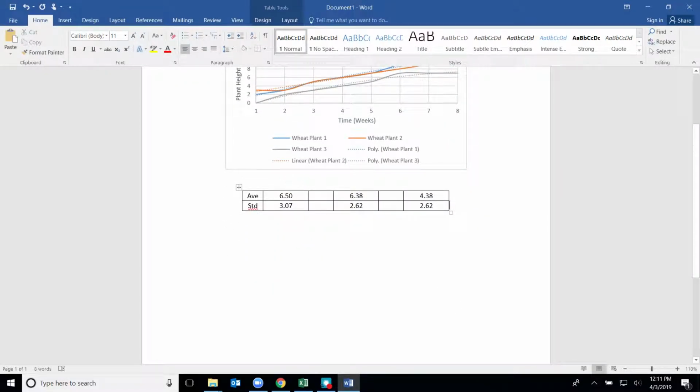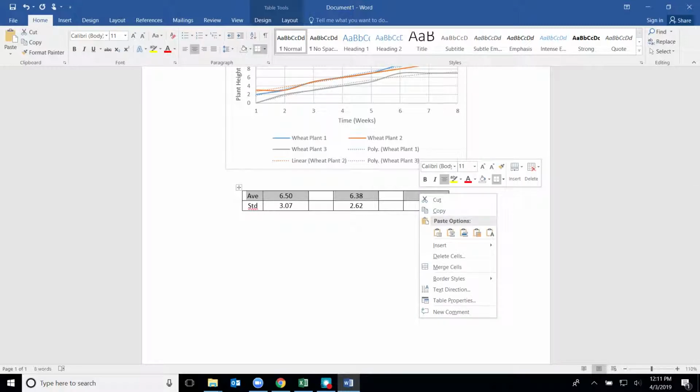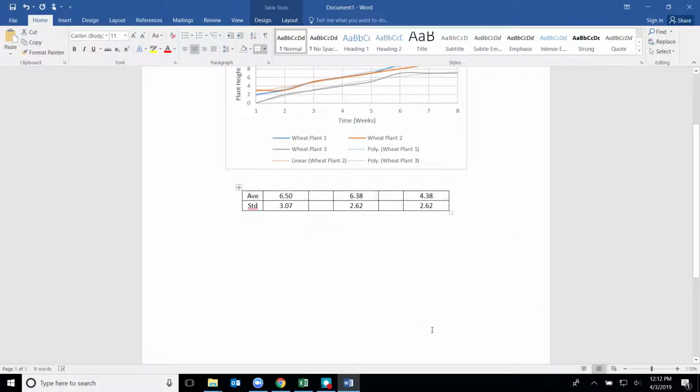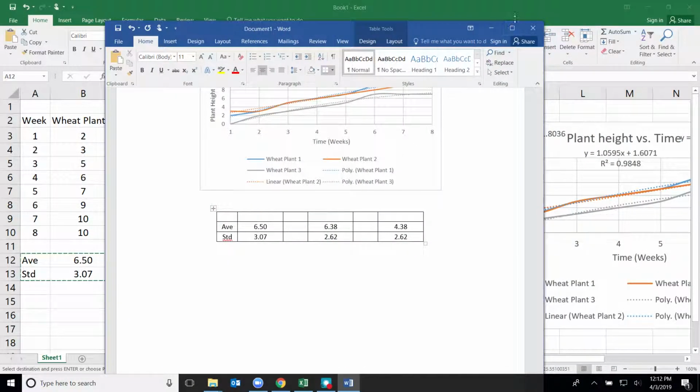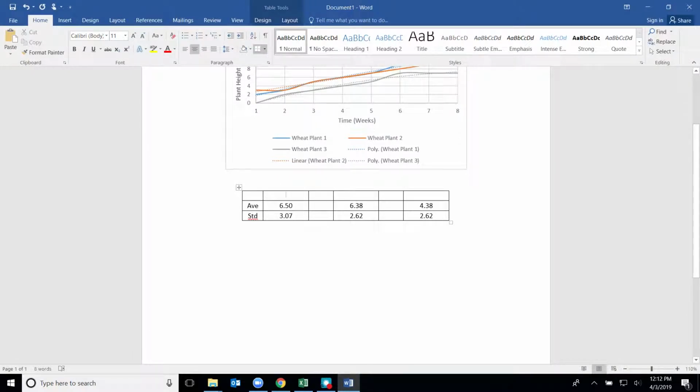And we have to be careful. I don't have titles in here. I don't like that. So I'm going to highlight this row, right mouse button, and I'm going to insert rows above. Okay. And on the rows, I'm going to be lazy, okay? I'm going to put plant 1, plant 2,